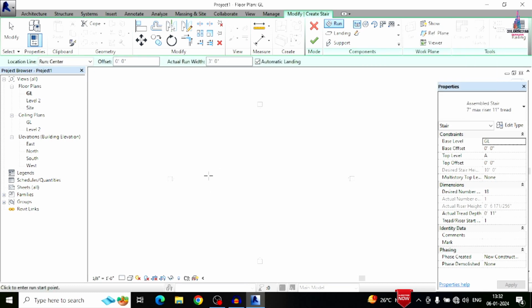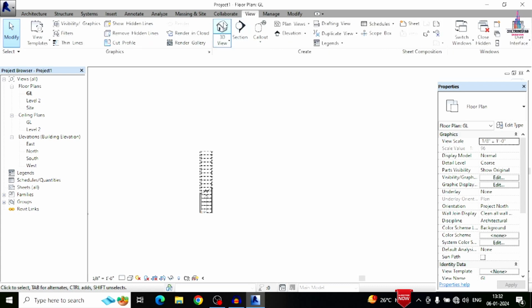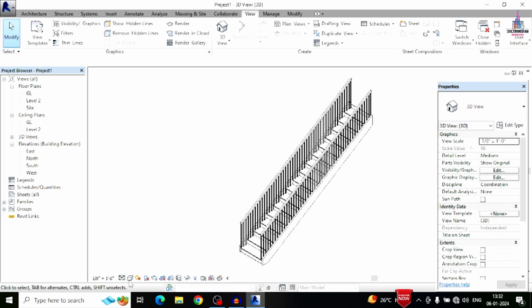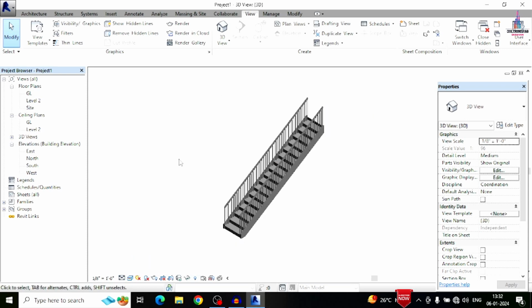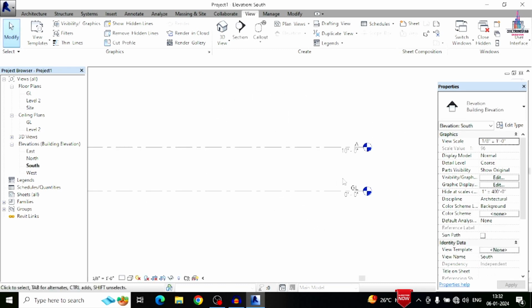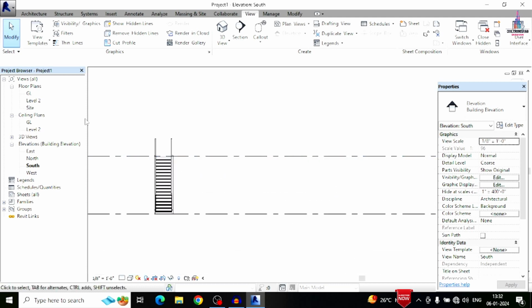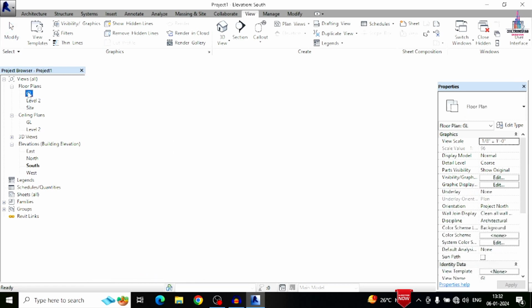I am starting from this particular location. Now we can see it will draw your straight staircase here like this. So this is the process of drawing straight staircases by using Revit software. After this we have to click on the right mark option. Now we have to see this model in 3D view. Go to view option, select the 3D view option. Now we can see this is a 3D view for the particular staircase in realistic model. It will consist of the straight pattern only, which has a height of approximately 10 feet 0 inches from the ground level. Now we can see this distance is approximately equal to 10 feet 0 inches. So this is the process of drawing the straight staircases.